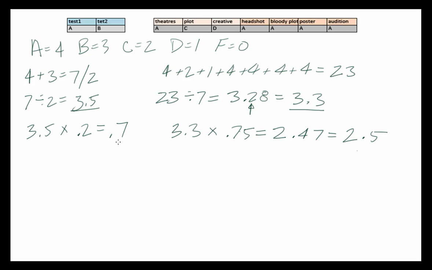Alright, so now I have the value of my test grades and the value of my assignments. I add those two numbers together, 2.5 plus 0.7, and I get 3.2. But wait, I'm not done yet. Now I have the